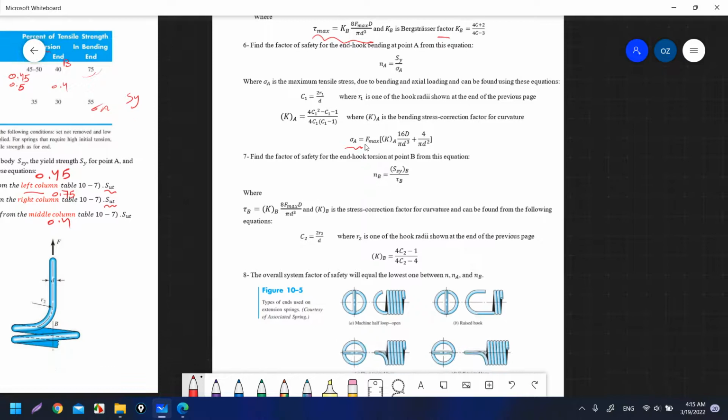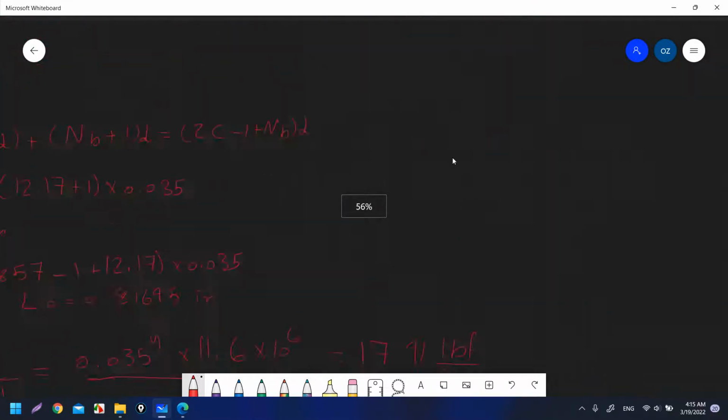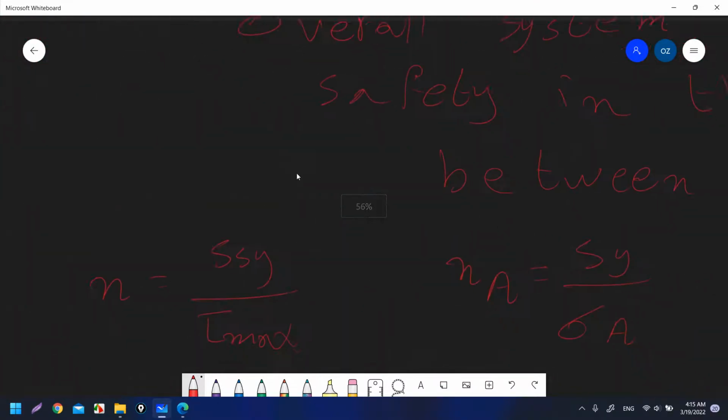So as you can see, sigma A contains KA. KA is for this equation, that is a function of C1, and C1 is 2R1 over D. R1 is given in the question. So C1 is equal to 2 times R1 over D, where R1 is given in the question as 0.106, and D, the wire diameter, is 0.035, also given. This will give you C1 is